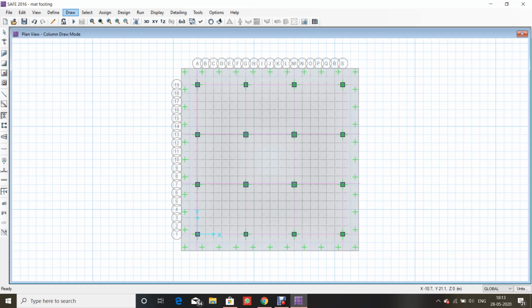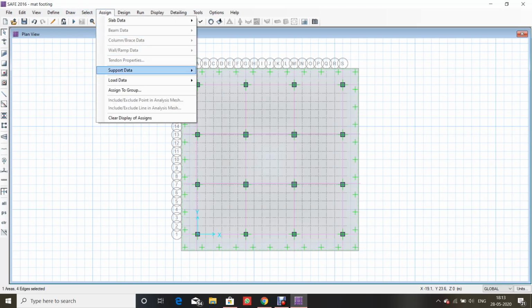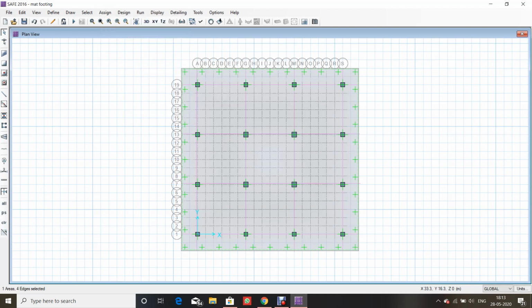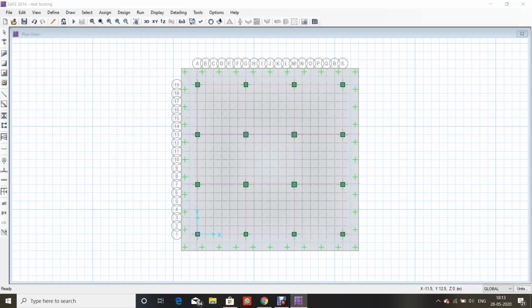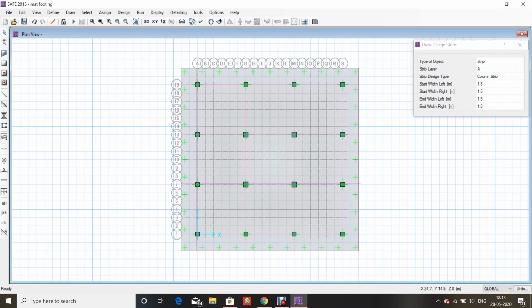Then after this we have selected this area, assign support data, soil property. We have assigned the soil property to the foundation. Then we will draw the strips using draw strips A, and the distance between them is 4 meters each.